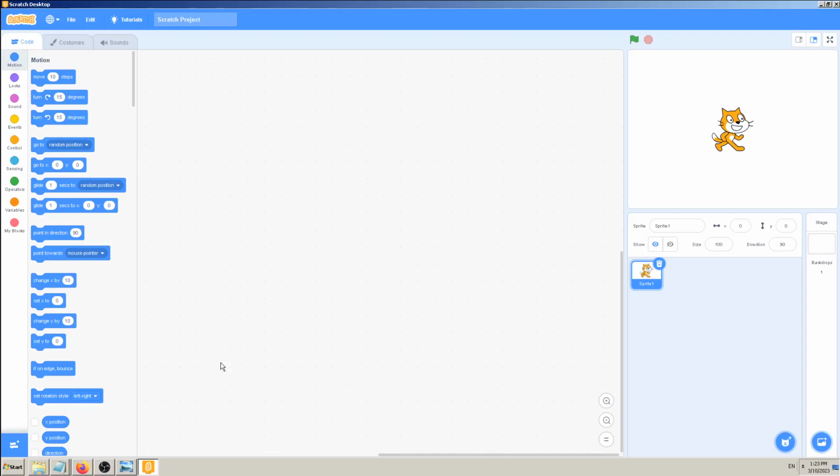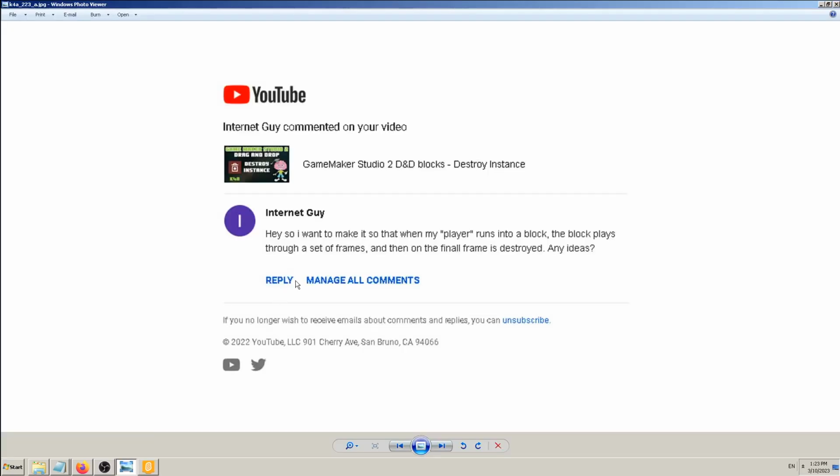Today I will try to code a ticking time bomb in Scratch. That was a question an internet guy asked in the GameMaker Studio drag and drop blocks destroy instance video, and he asked the same thing, the problem which he had, but how to solve it in GameMaker. I have already coded that in a previous video, but